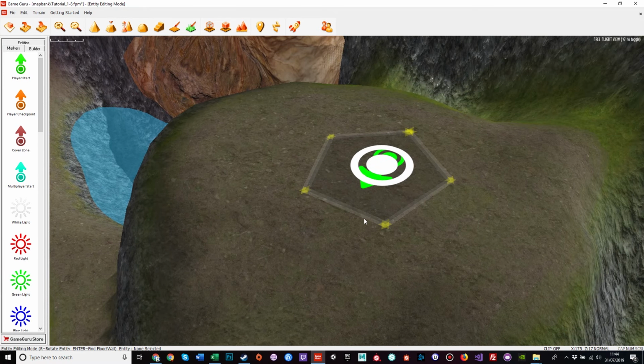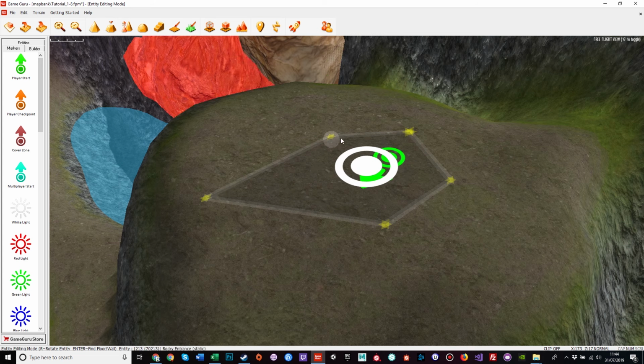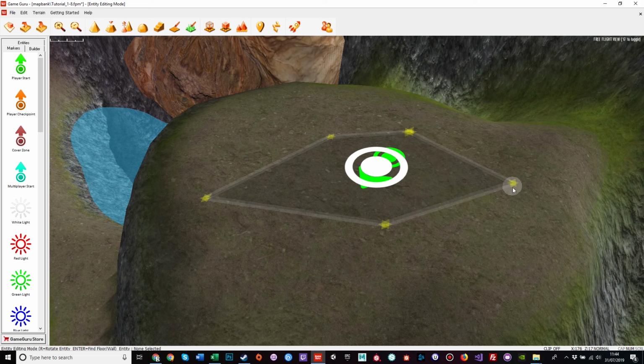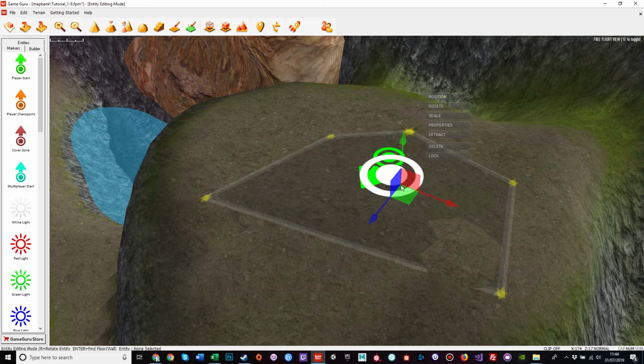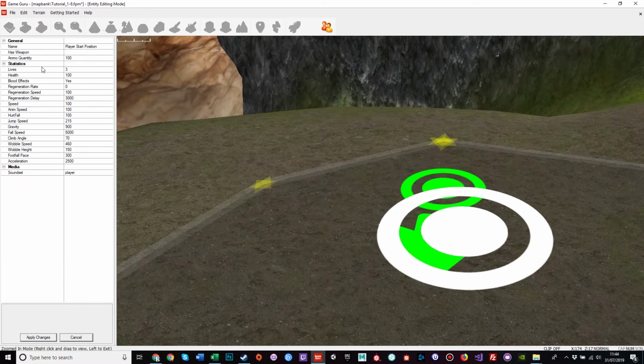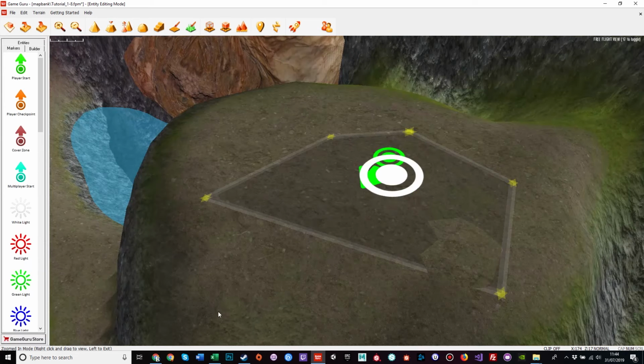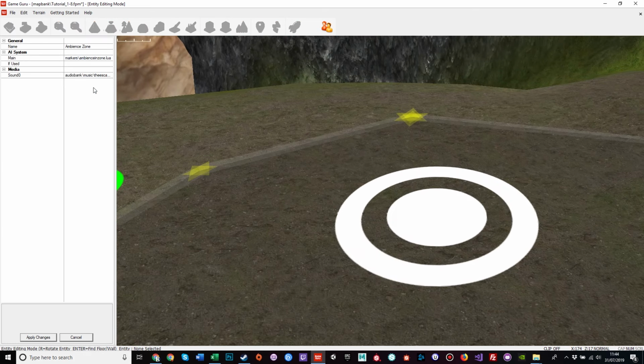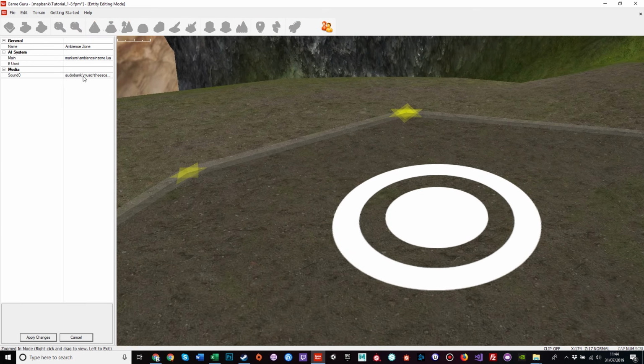It will realize that the player is in the ambient zone trigger and start playing whatever background music we've selected. So if we go into the properties of this, that is the player start position. If we move that and go into properties of this,